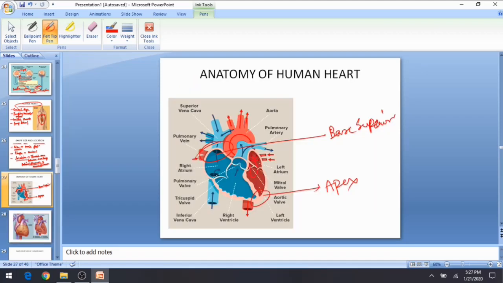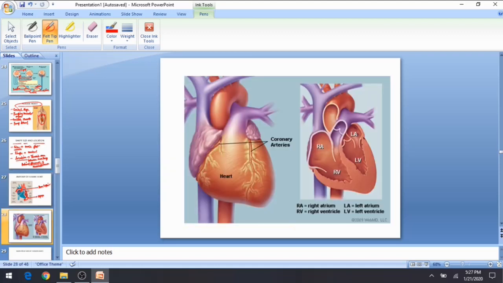So before we move to our next vital topic, I would like to say, if you need to learn about the heart, you should be very strong in the anatomical system of what exactly the heart is. Anatomy of the heart is generally said to be the structure of the heart, and we can explain it in two ways: this is the external structure, and this is the internal structure.